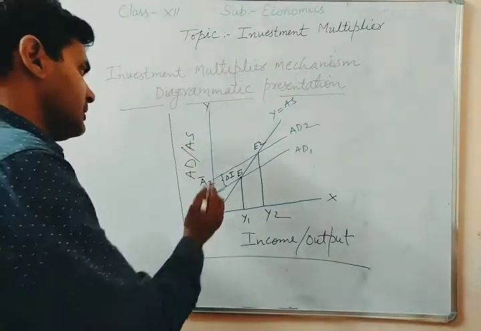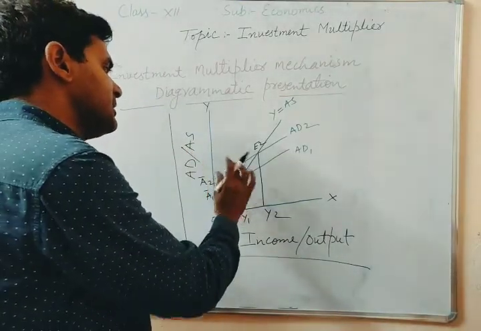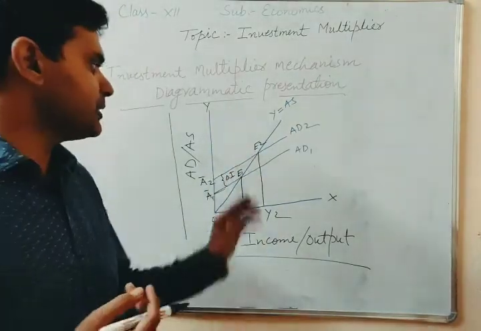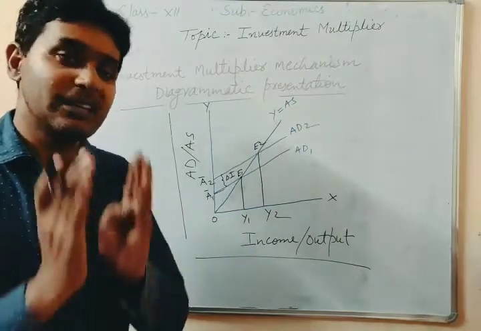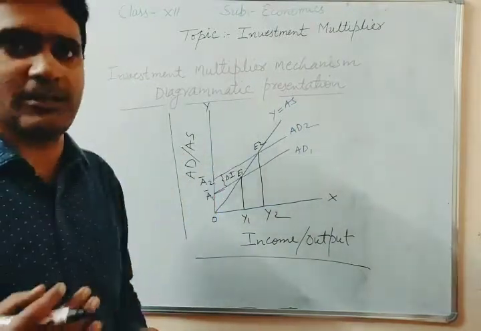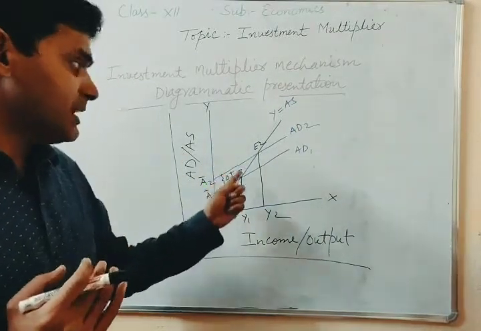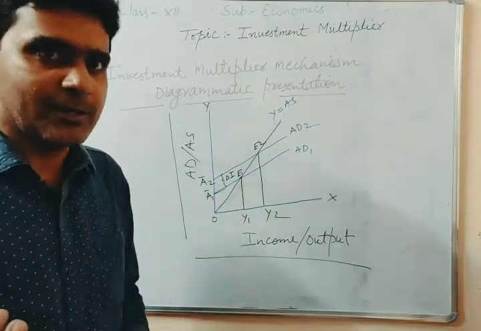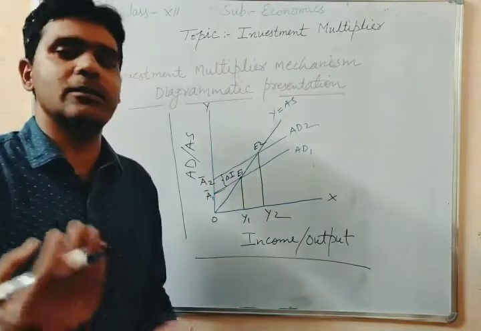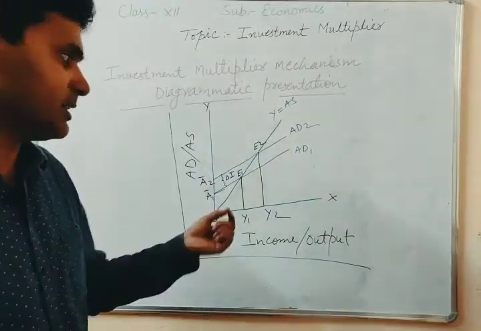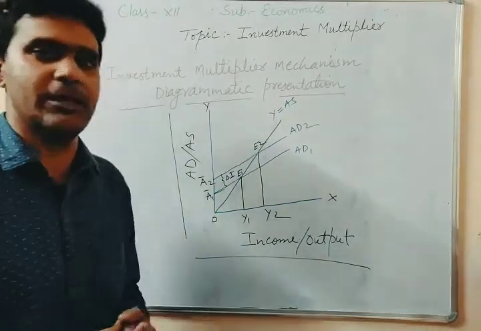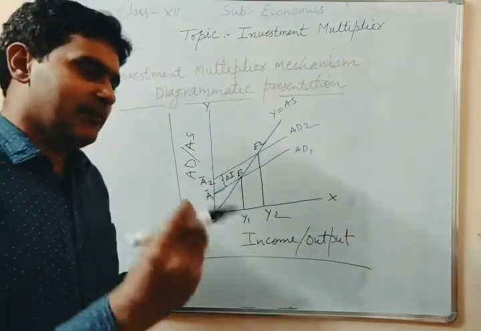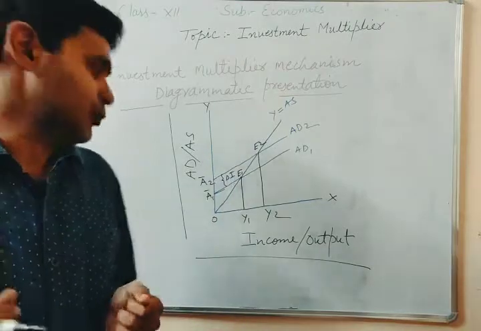Now what will happen if there is an increase in the level of investment? Autonomous investment increases. Though we assume that investment is autonomous, it doesn't mean that it does not increase. It has periodic fluctuations. It can be increased with the availability of credit. It can be increased at a lower rate of interest, because the rate of interest is the cost of investable items. If the rate of interest is less, then firms tend to invest more.